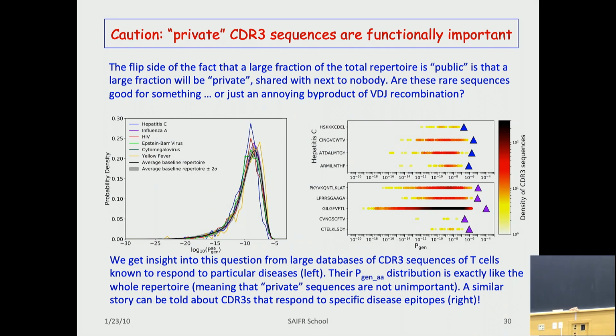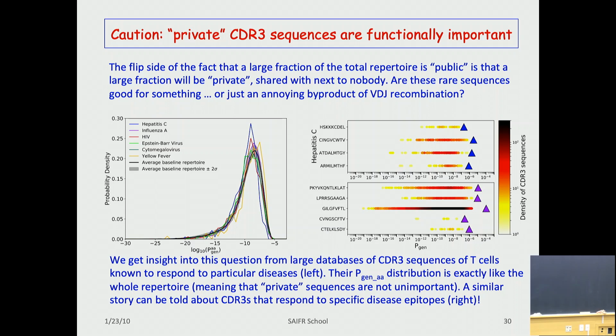Okay, so here's a moderately interesting way of getting insight into this. There are large databases of CDR3 sequences, T-cell sequences, that are known to be responsive to various diseases, or even responsive to various epitopes of diseases. Exactly how these data are collected is not terribly well curated or known, but if you just take these databases at face value and simply ask, okay, let's pick,